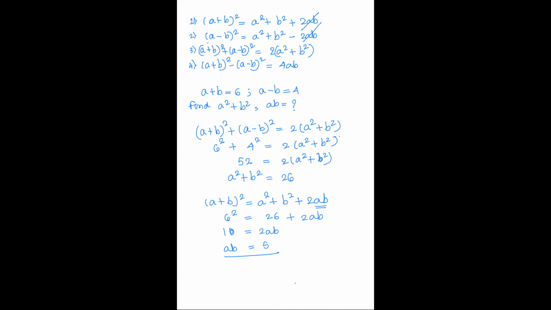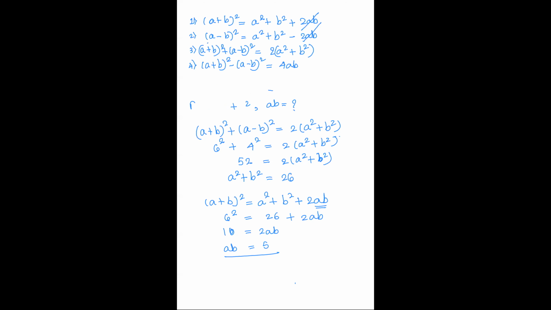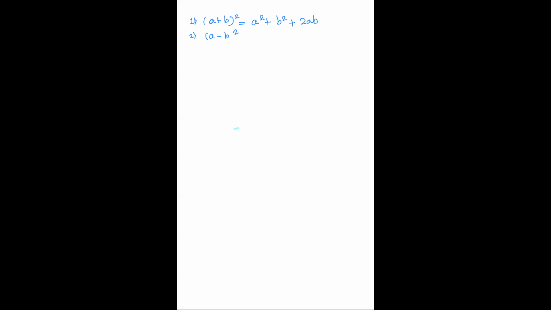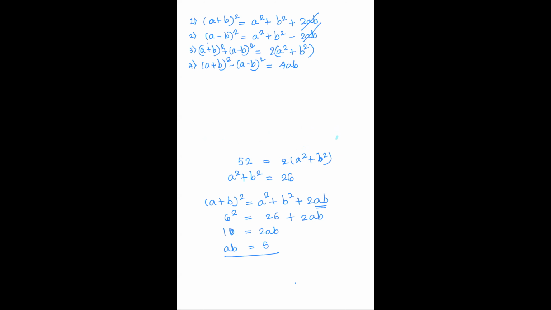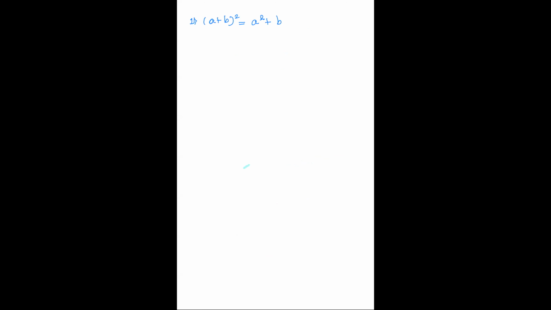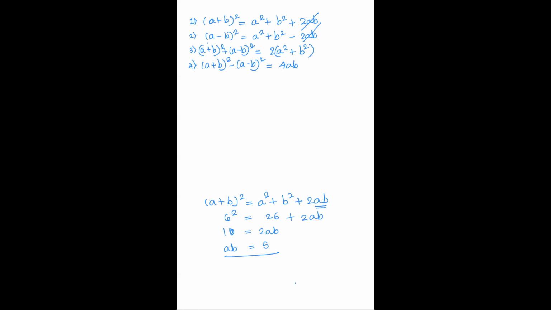तो ये जो मैंने आप लोग को सिखाया है ना, this was the formula which were related to squares. Now let us move on to cubes. That is a plus b the whole cube and a minus b the whole cube. I hope you people remember, because cubes के जो formula होते हैं, we do not tend to use them so frequently as we use the formula of squares. तो चलो मैं आपको अभी cubes के formula भी सिखा देता हूँ. That is a plus b the whole cube, and then we have a minus b the whole cube.